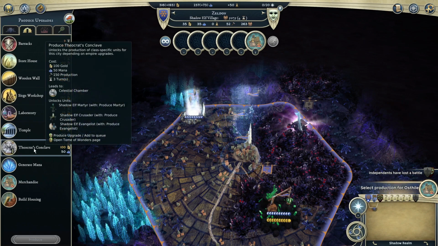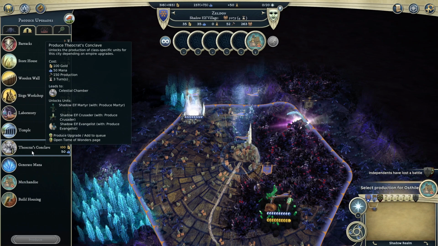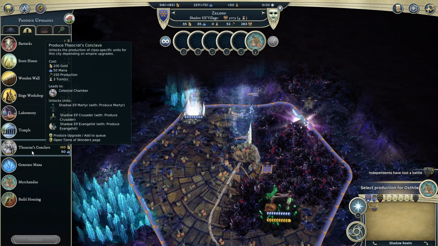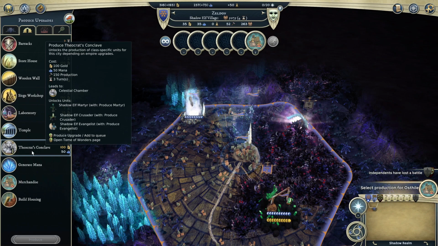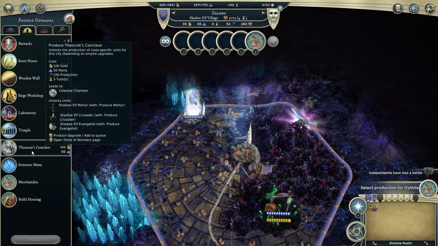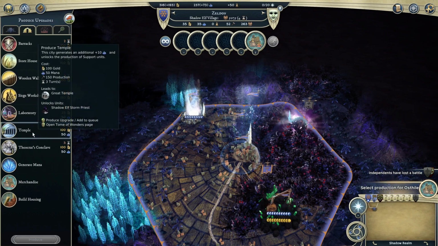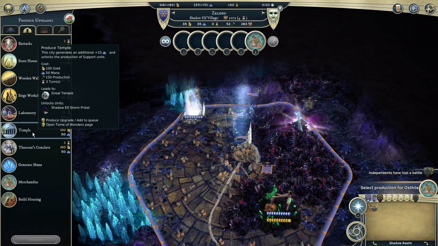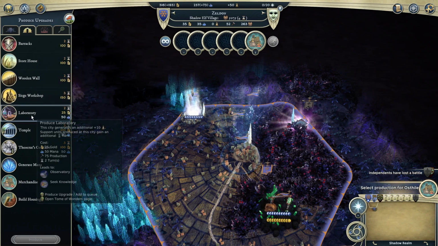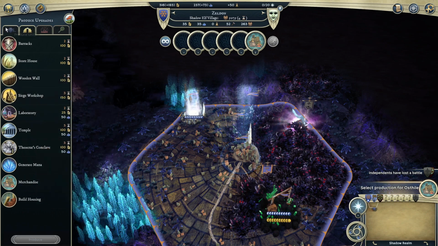We could also get a Theocrat. Oh, you know what? This would probably be a good idea. Getting a Theocrat's Conclave would then give us access to Crusaders and Evangelists and Martyrs as well. Evangelists, once we get access to it, of course, we have to research it. The Temple would give us the Shadow Elf Storm Priest, which is a very, very powerful Tier 2 support unit. Otherwise, yeah, I think that's probably...